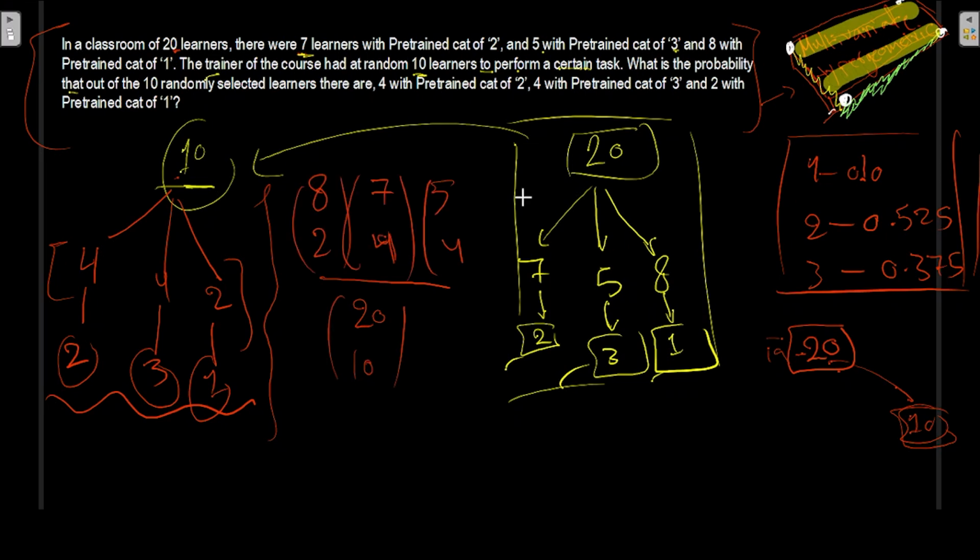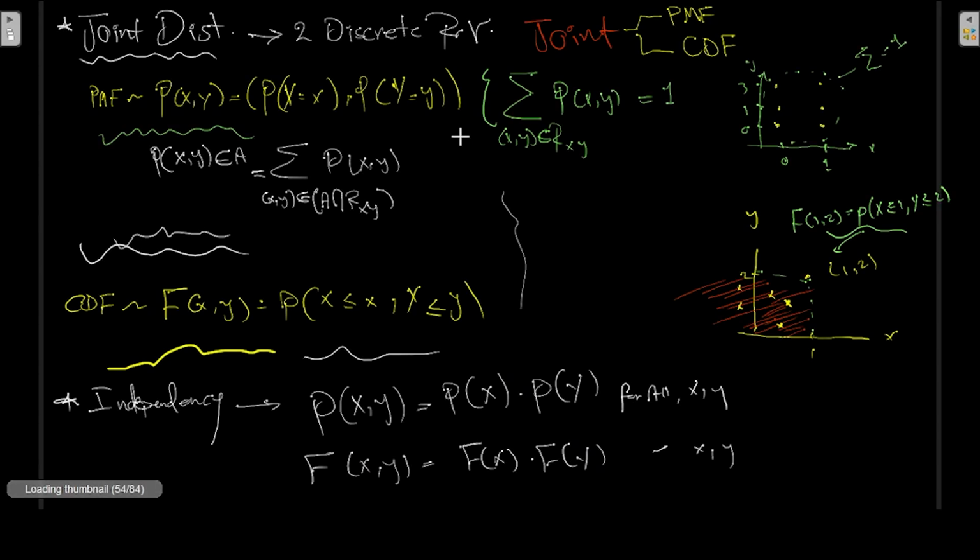This is the actual way we can get to such a probability, which we call the multivariate hypergeometric distribution. The next one we'll look at is the case of the bivariate concept of probability, and it's better to discuss this from the perspective of conditional probability. Given that we have two discrete variables, we would like to create a probability model to predict a certain value of the joint distribution